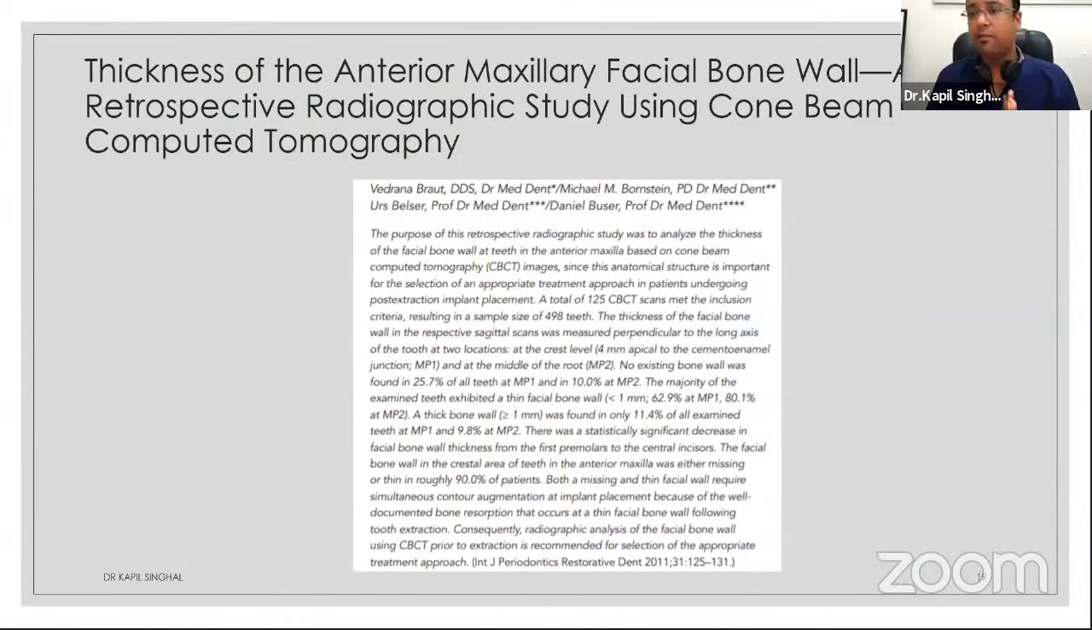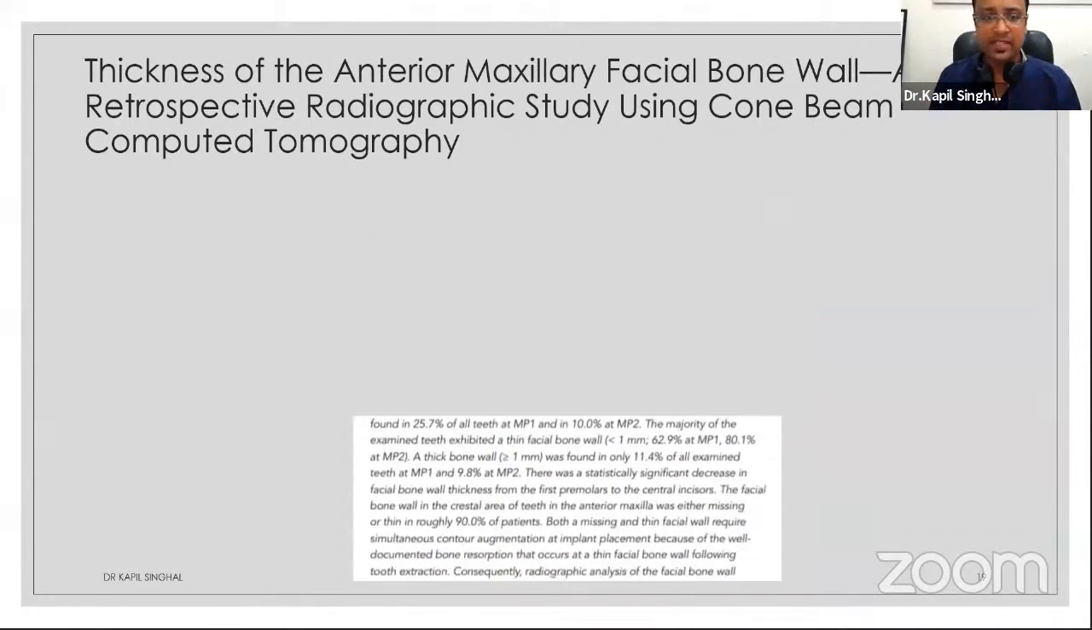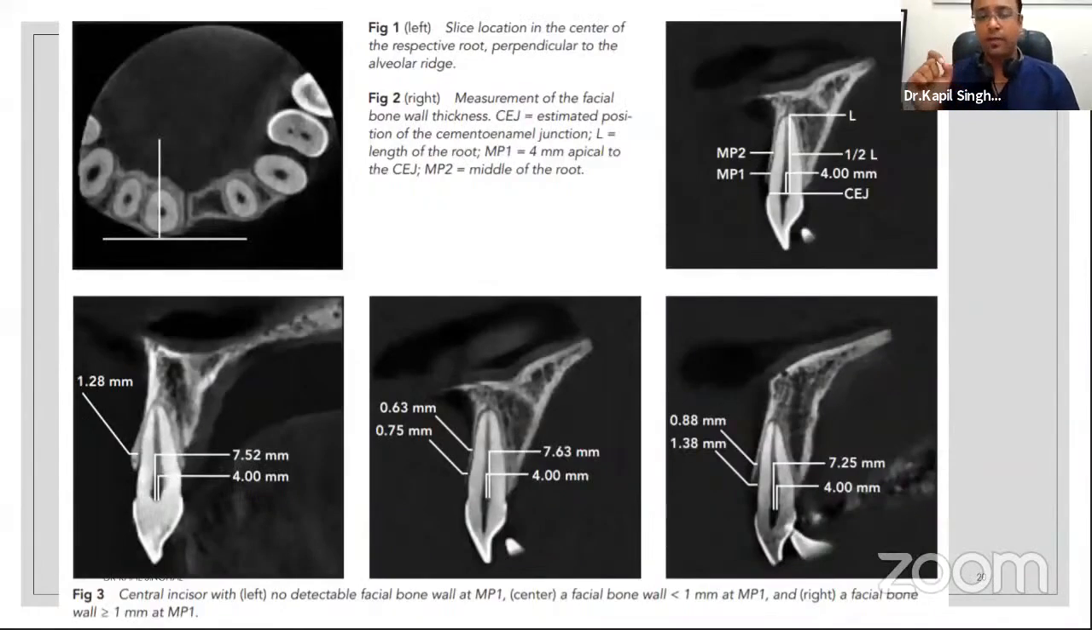Okay, next, a very important study was done by Vidrana Brot et al. They basically checked the thickness of the facial bone. So see, they checked the thickness of this facial bone at a distance of 4 mm from the crestal bone and at the mid root area. They checked around 125 CBCTs and around 500 different anterior teeth, and they found out that